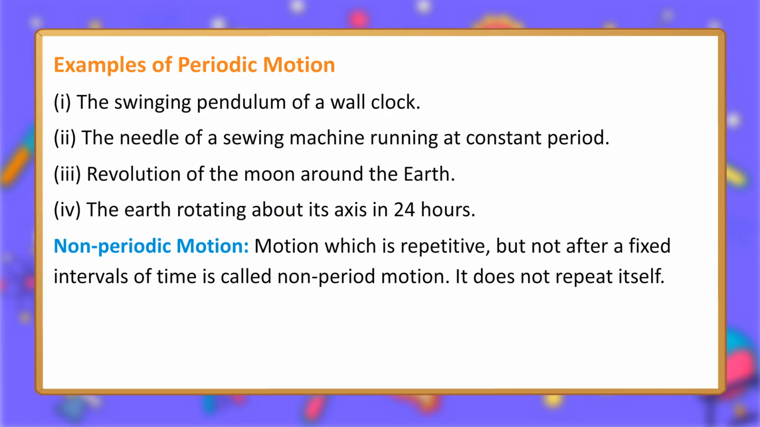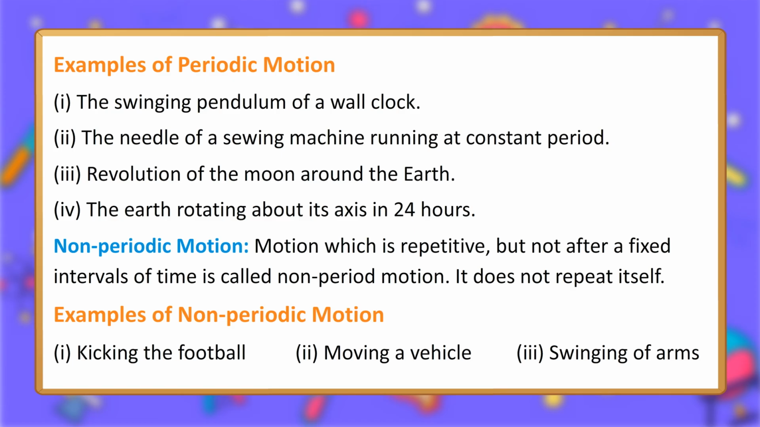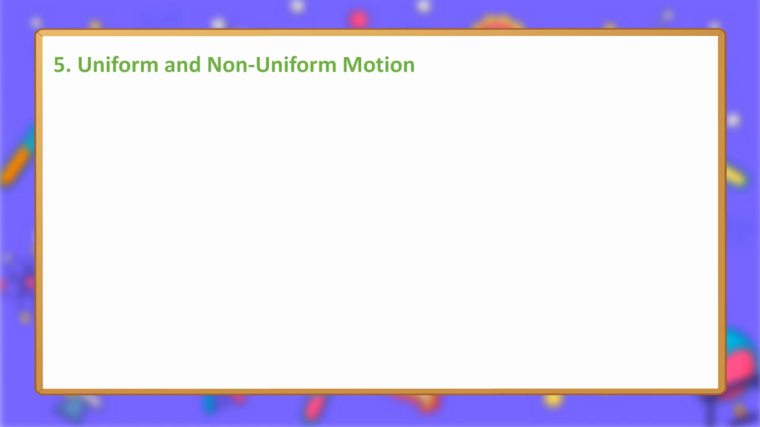Non-periodic motion. Motion which is repetitive, but not after fixed intervals of time, is called non-periodic motion. It does not repeat itself. Examples of non-periodic motion: 1. Kicking the football. 2. Moving a vehicle. 3. Swinging a